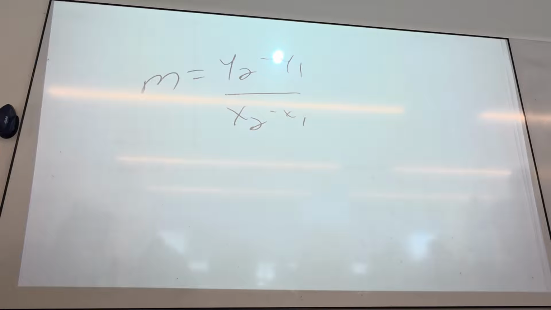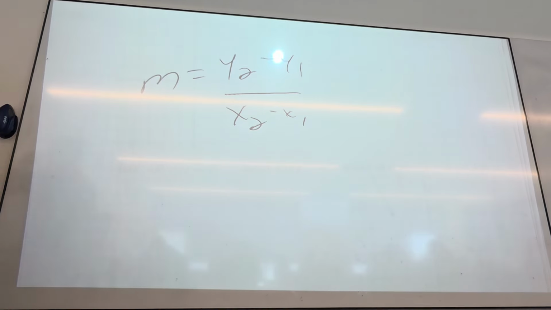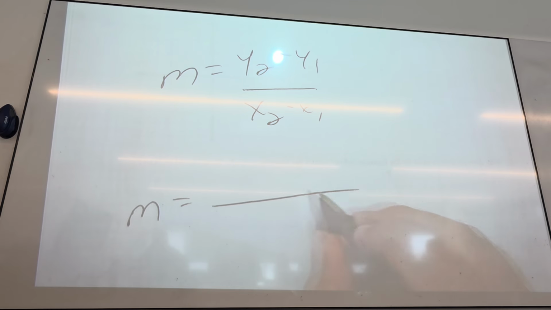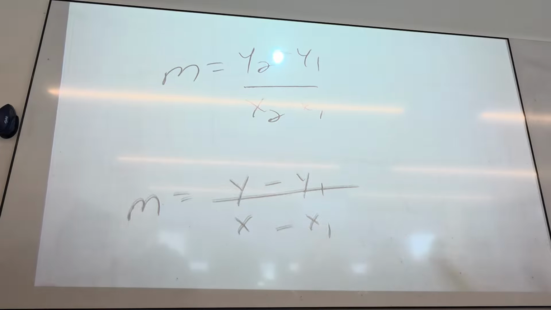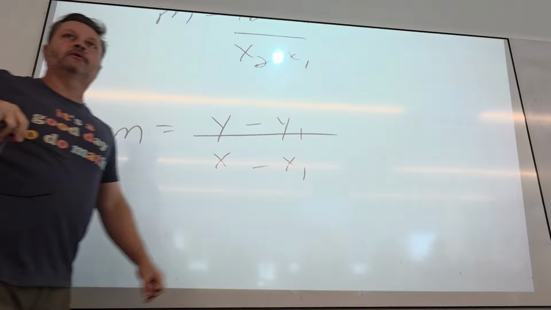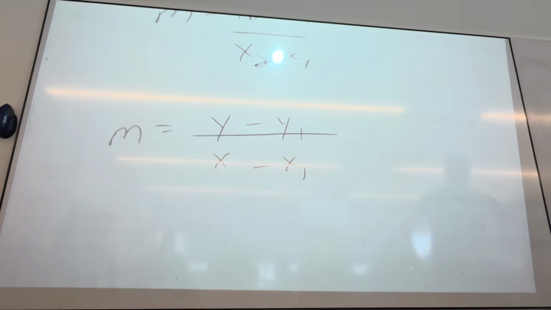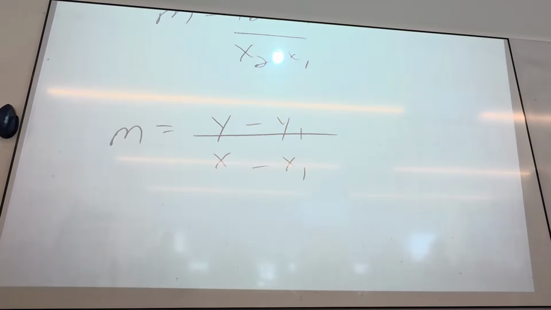What I'm trying to say is, if somebody gave me one point, what other point could I use to get the slope? Any other point on the line, correct? So this is going to seem really stupid, but somebody gives me one point, and I could choose any other point I want to, so I'm not going to put a subscript on it. It doesn't have to be a specific second point. It could be any other point. And how do I designate just a general point that's on a line? x, y. That's every point on the line, yes?